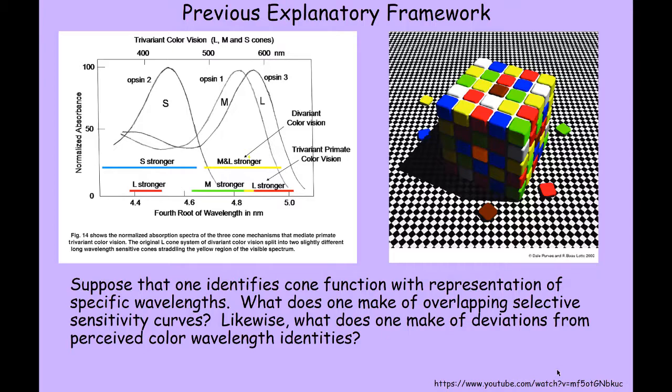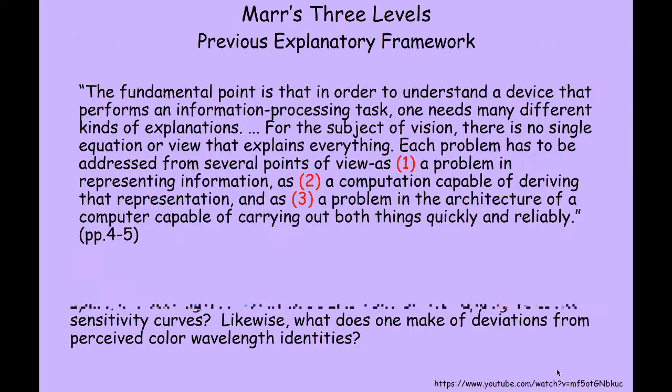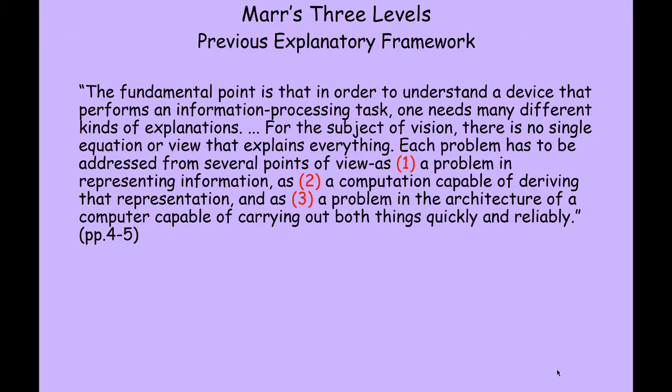So what Lotto expresses there is the same sort of idea that Marr is getting at, that just understanding the function of the individual component parts doesn't really help us to understand, explain, and manipulate our visual processing capacities. So Marr says in your readings on page 4 and 5,